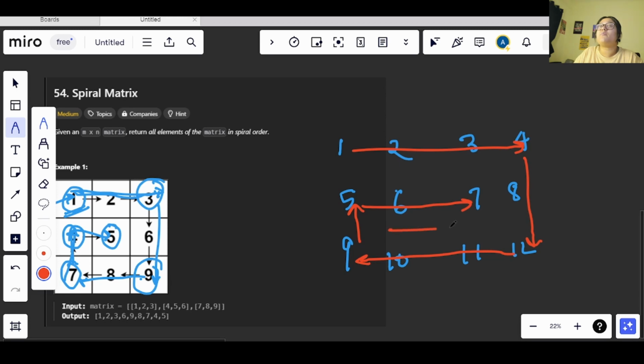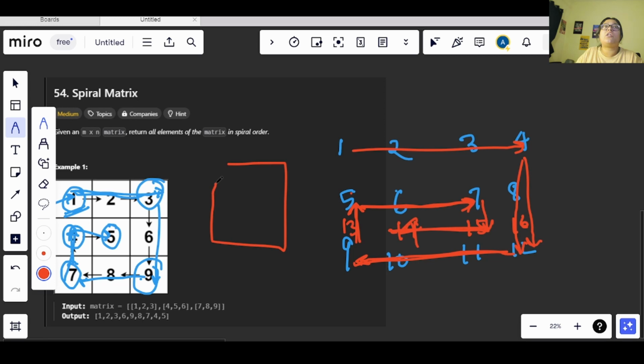Now let's say one more value was here. Let's go with 13, 14, 15 and 16. So we will be traversing on 16 from here. Now before going to 5 we will print 3 also, and then we will have 5. After that we will go to 6 and 7. Then from 7 we will come to 15, and then from 15 we will go to 14. Basically we are printing all the values in the spiral format like this.